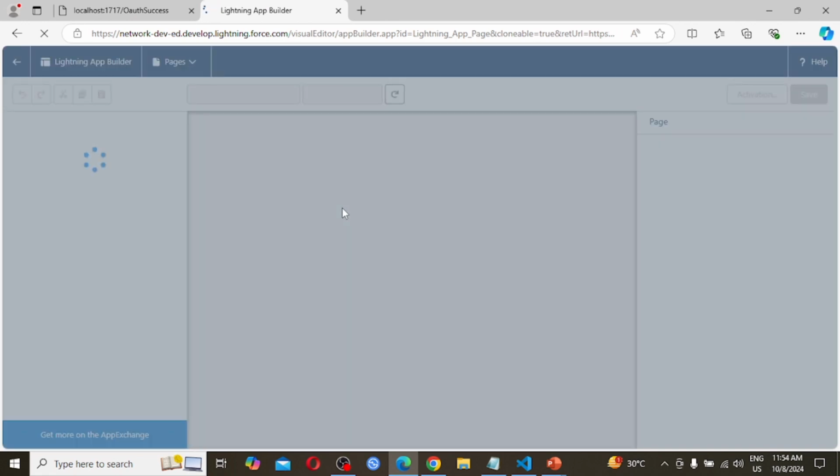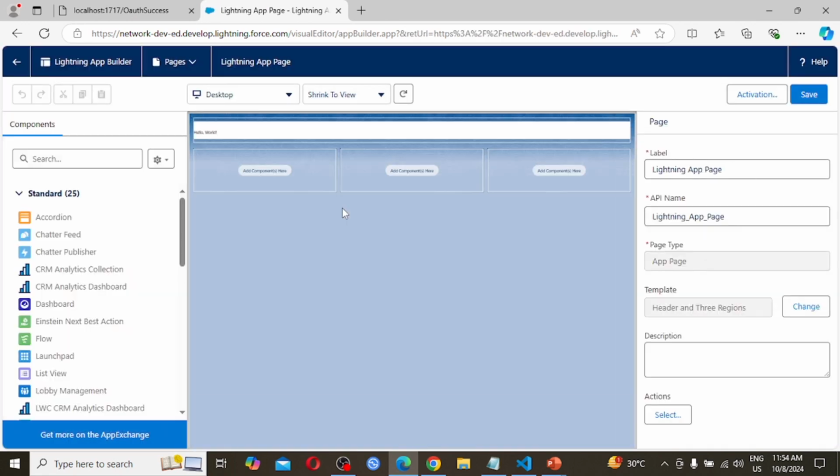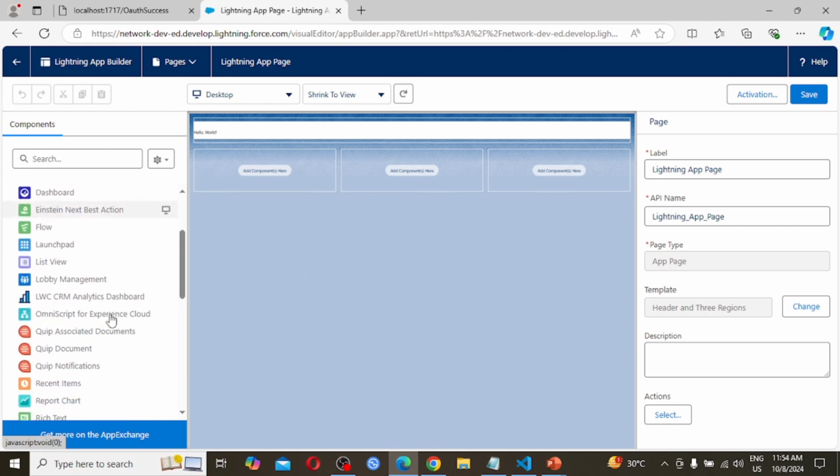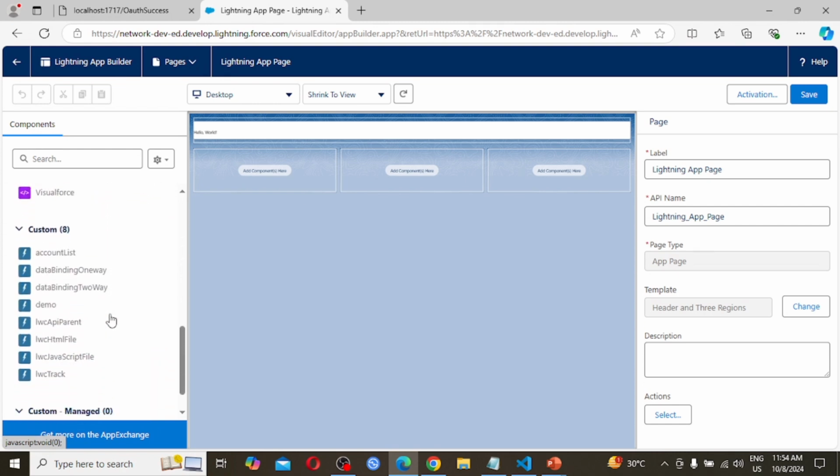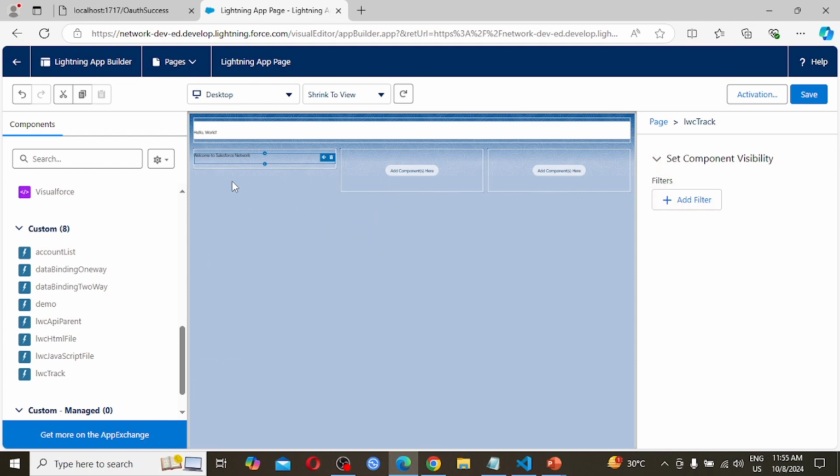I am displaying it on the lightning app page. Here there are standard components, and below that we are seeing our custom components. As we had created LWC track, simply we have to drag and drop this component here